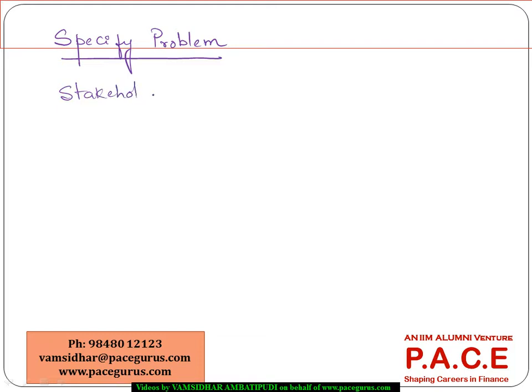There could be government, policyholders, investors, beneficiaries, employees, a wide variety of people who are stakeholders. Try identifying the risks of the different kinds of stakeholders in detail, and specify the problem from the perspective of each of the